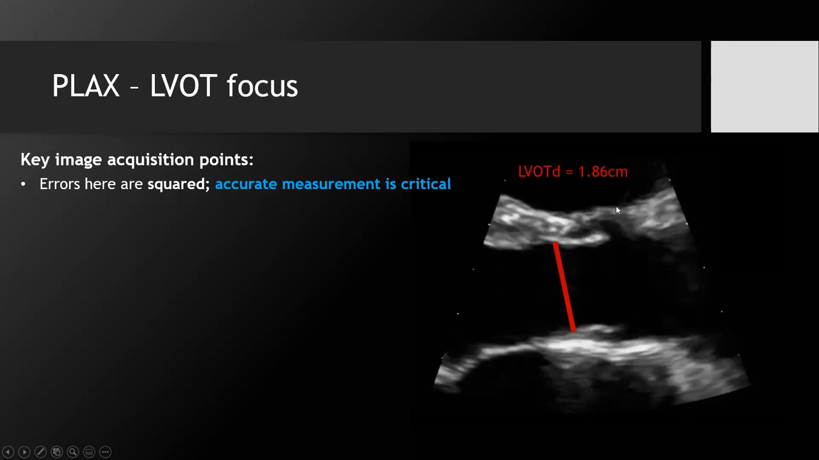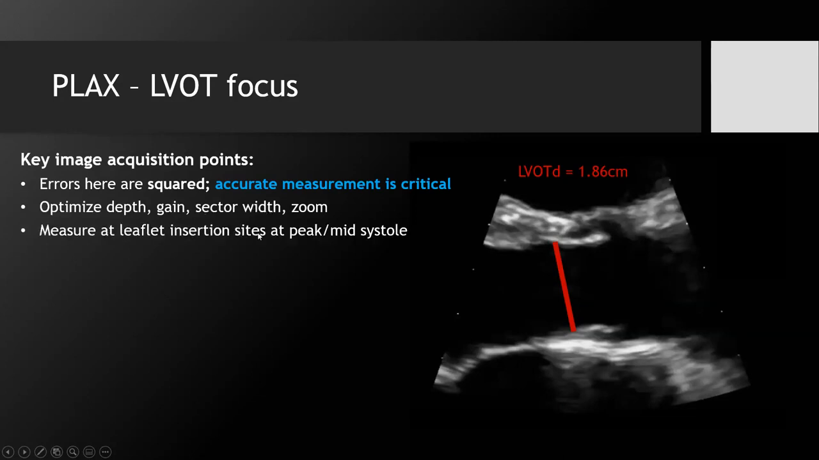The height, again, of the cylinder, you're going to be getting from the apical 5-chamber view, but that area, that circle, that's coming from here, and that pi r squared, your error is going to be squared. So you have to be accurate. Again, optimize your depth, your gain, your sector width, your zoom, measure at the leaflet insertion sites at peak or mid-systole. And this also gets to some of Chris's point, which is that their LVOT diameter will not change